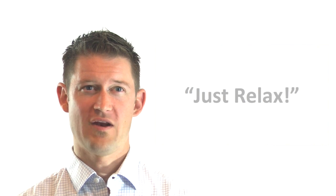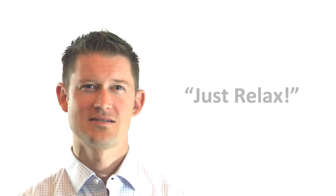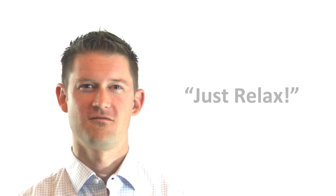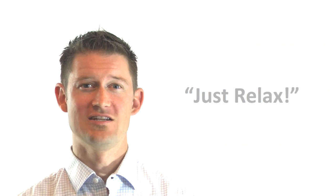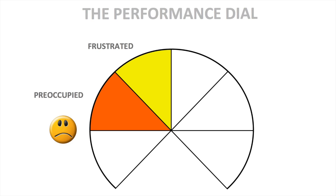But telling an athlete to just relax without having taught them how to relax can be counterproductive. Because as the player enters the game, and they're already nervous, being told to do something that they don't know how to do can be even more distressing. When an athlete's attention is divided between the past, present, and future, and their muscles tense up and confidence plummets,